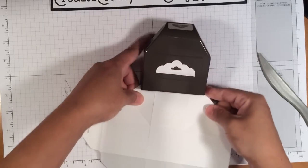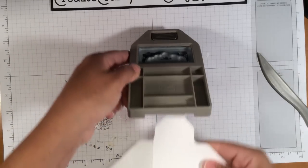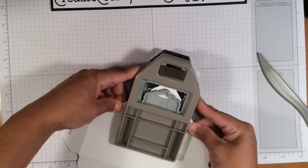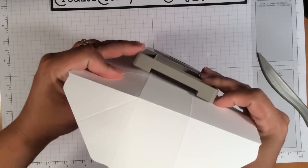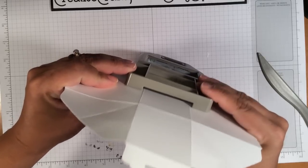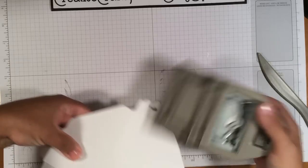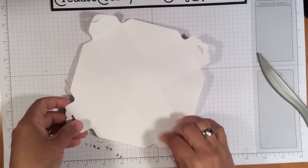Okay, hold on. Okay, I'm gonna do it this way. I'm gonna insert it that way first, and then I'm going to bring this up and make sure that that's aligned properly right there, and then I can go ahead and punch. Okay, so this will allow me to put some ribbon or some twine through there and seal up the box